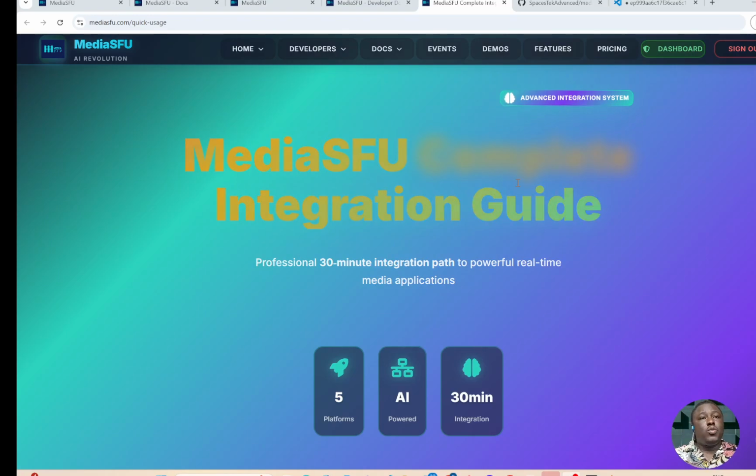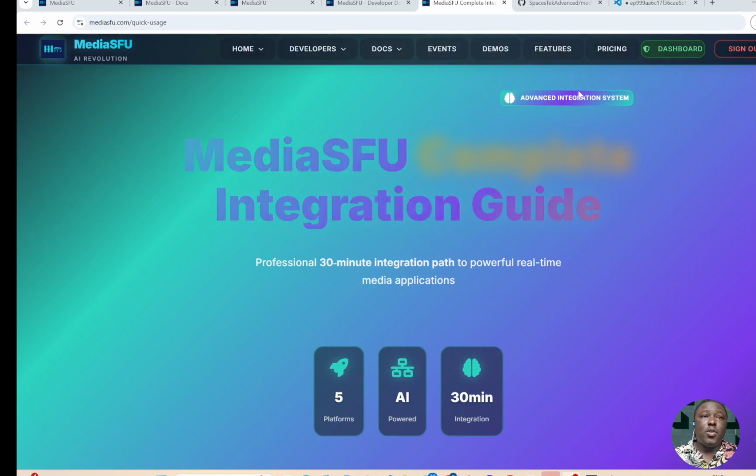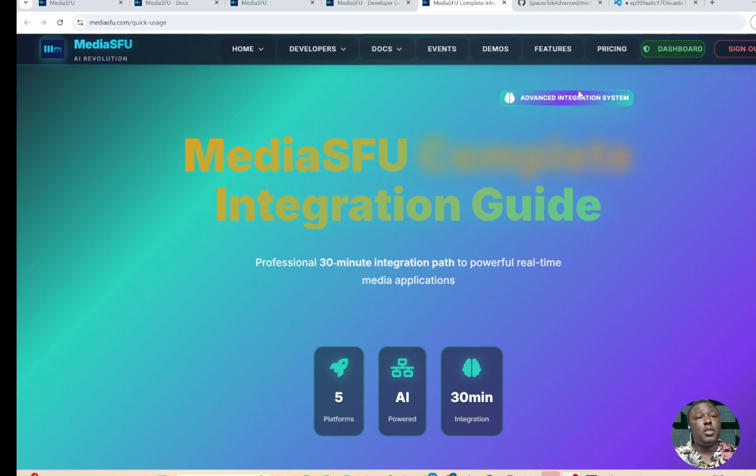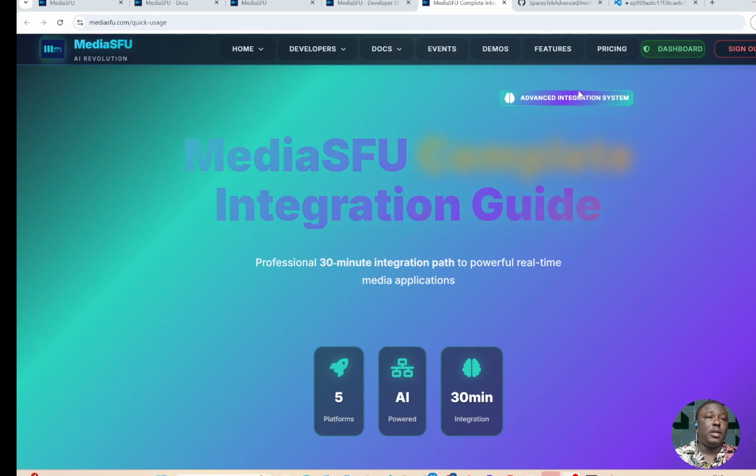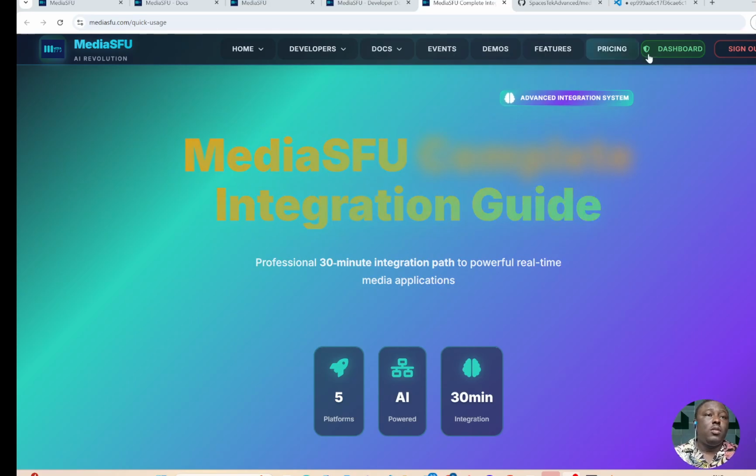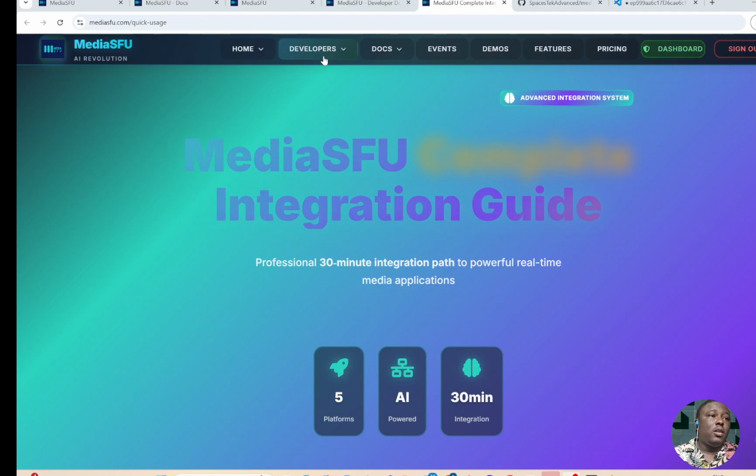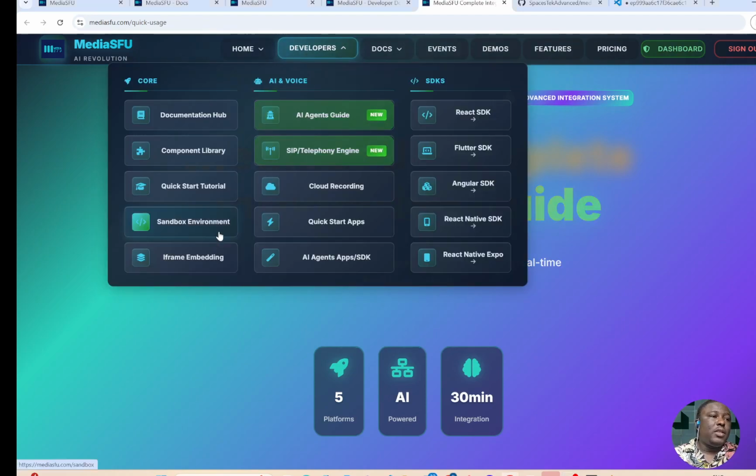Now we have seen how to create a room via our dashboard. We are going to see how to do the same thing via HTTP, as in the sandbox. So if you go to the sandbox endpoint of MediaSFU,